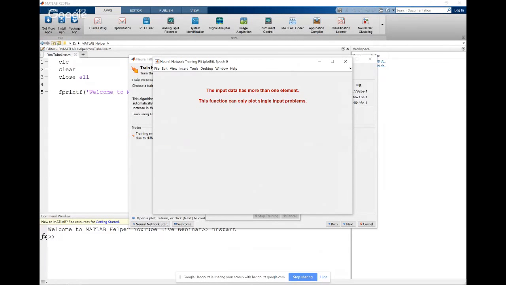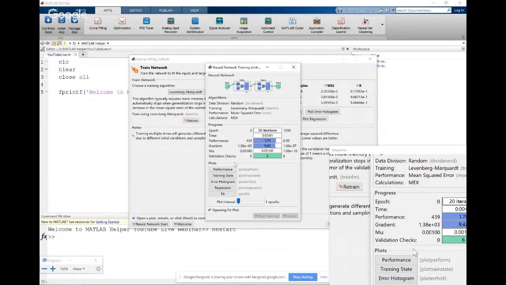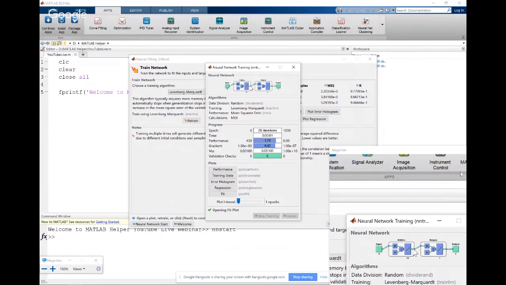So this is the problem for which I wanted to take the chemical example as compared to the other examples. Whenever you encounter this problem, it basically occurs due to the input having more elements than the function can actually plot. So that's the reason why we take different algorithms. To remove this plot, you can simply go back and train your entire system, and change the number over here, which is 10, to some other number to get the proper fit.